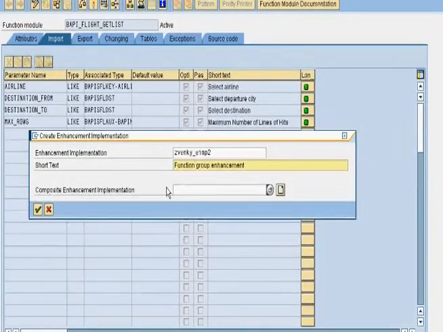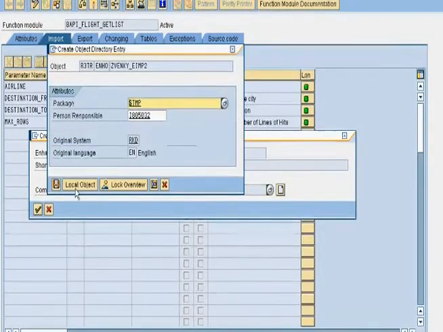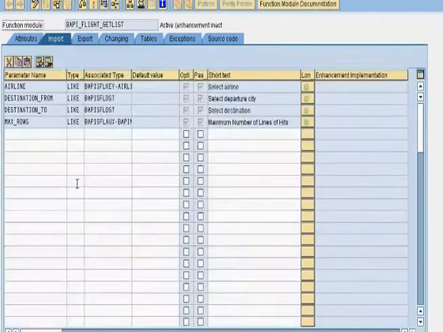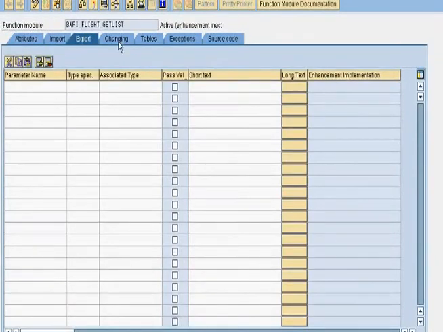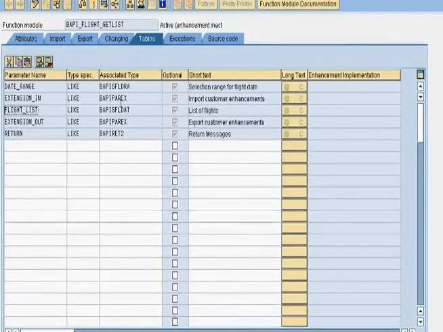And optionally associate this to a composite enhancement implementation. And you can assign this to a package. I'm going to save this as a local object. And once you do that, it opens up all the